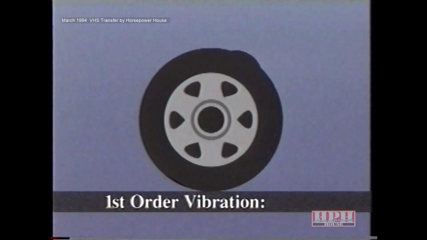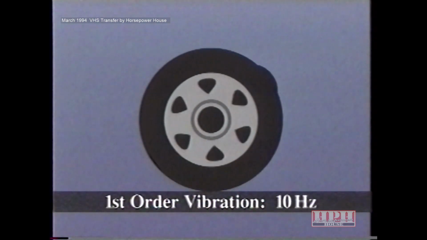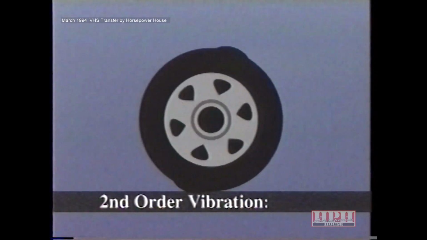Order refers to the number of disturbances created in one revolution of a component. For example, one high spot on a balanced wheel creates one disturbance per revolution. If the wheel rotates 10 times per second, the first order vibration is 10 Hertz. Let's add another high spot, producing an additional disturbance per revolution. If the wheel is rotating 10 times per second, it now produces 2 vibrations per revolution, creating a second-order vibration